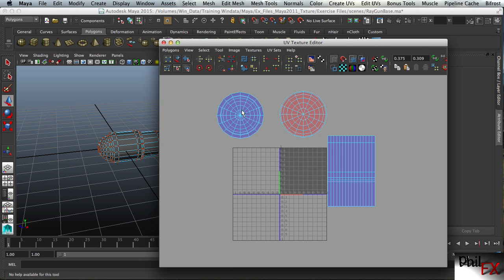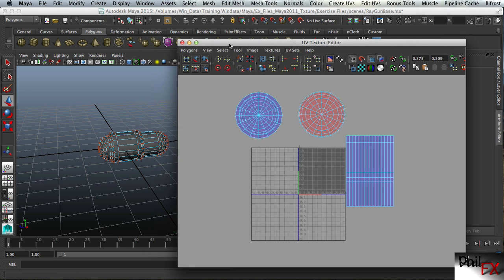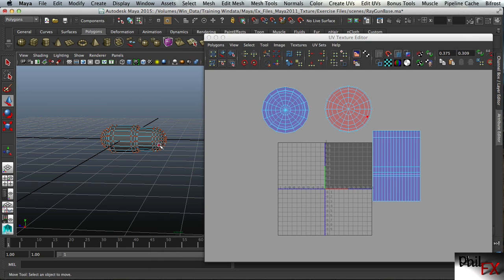The reason for that is the normals on the blue ones are pointing out, where the normals on this red one, and if you remember, that's the second one that I did. That was the second end cap, so it's over here. Those UVs are actually pointed in. They're pointed the wrong way. The normals are pointed the wrong way,